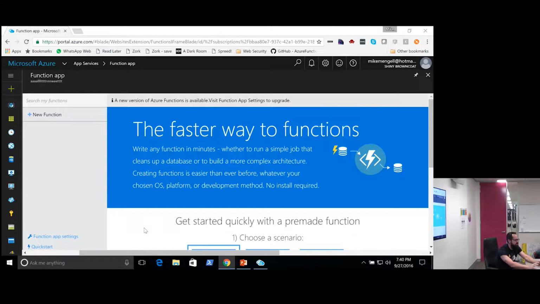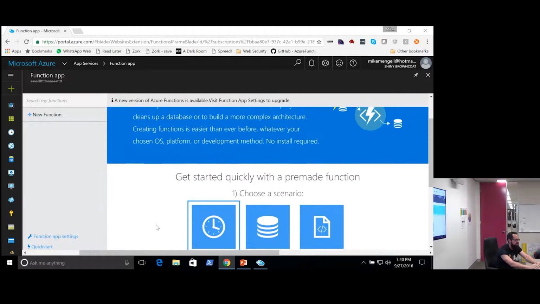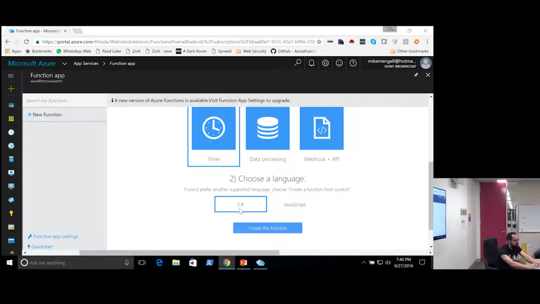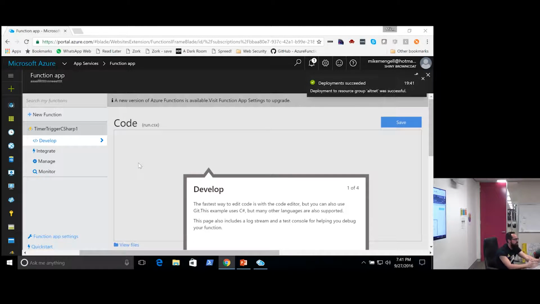So you've got this intro, and it's like, get started quickly with a pre-made function. So you've got this timer. You can pick C# or JavaScript. These are the only two that are supported from this bit. But it also supports PHP. I'll show you actually in a sec. But it supports like 8 different languages now. It's actually quite good. So if we just pick timer, say C#, create this function,